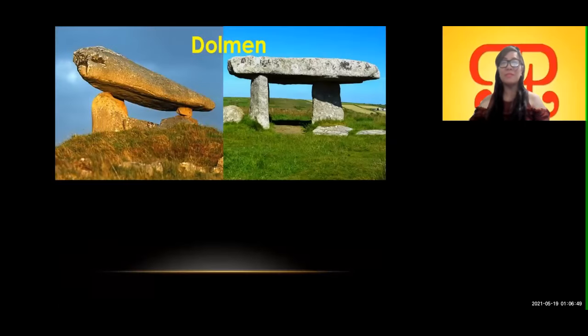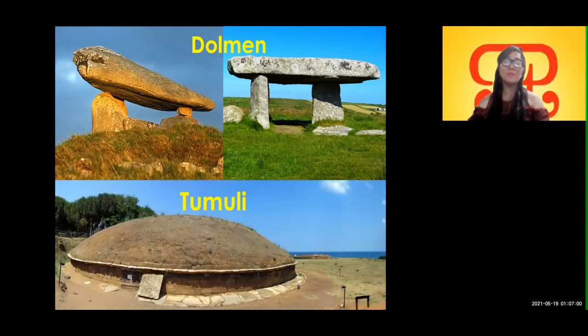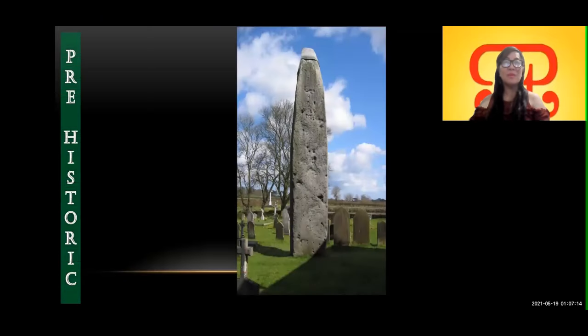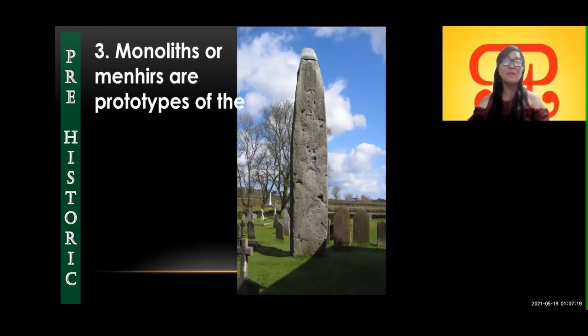Next, this is an example of our prehistoric structures, like two upright stones with a slab on top, which is what we call dolmen. And this one is our tumuli. But this tumuli is already modernized. This is no longer the earliest type of tumuli. Next, this one is our monoliths or menhirs. These are prototypes of the Egyptian